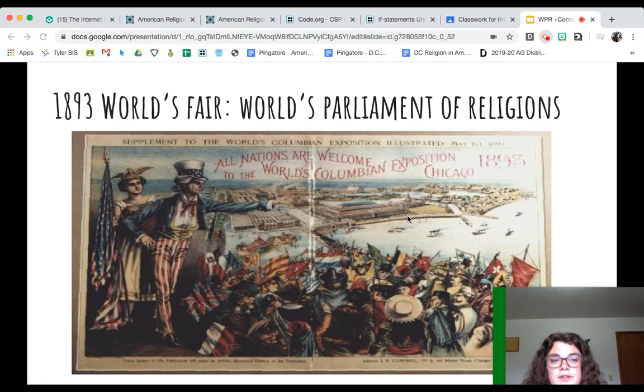Last piece of the cultural context that we're going to talk about is this gigantic moment in American and world history at the 1893 World's Fair. One of the events at the World's Fair, held in Chicago in 1893, was the first World's Parliament of Religions. This still continues today, but the first ever was held in Chicago in 1893 at the